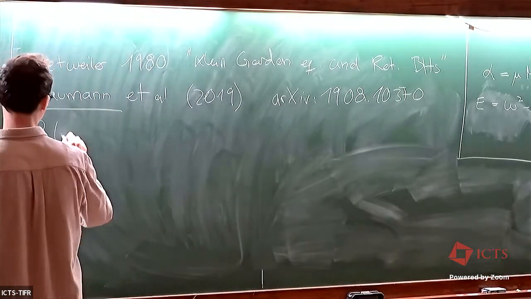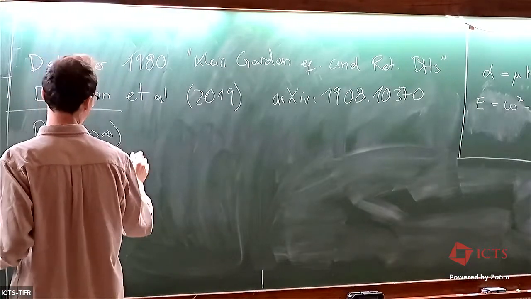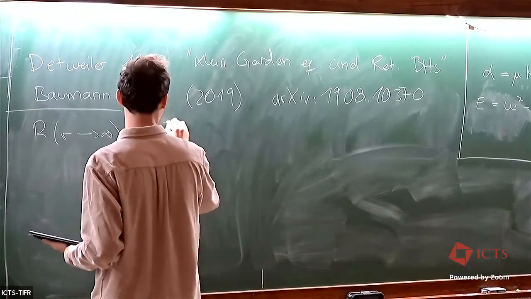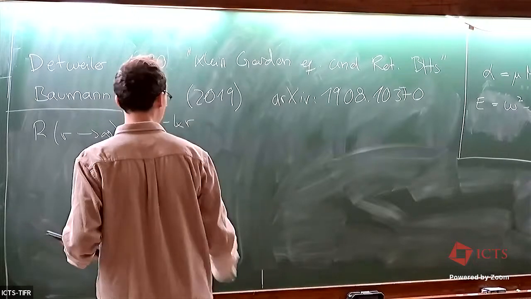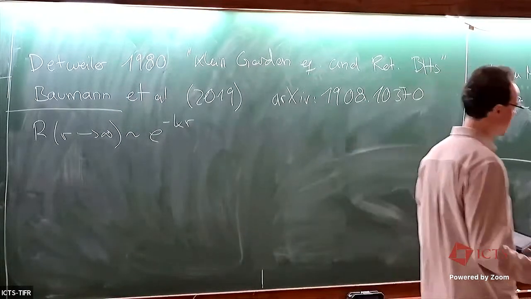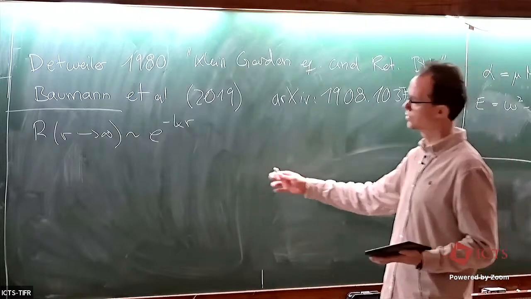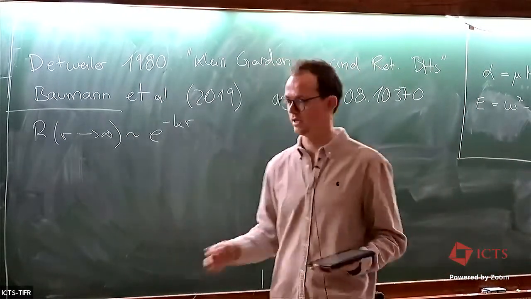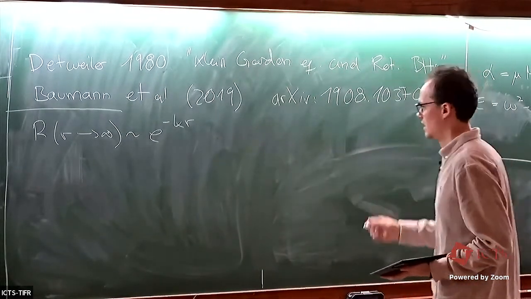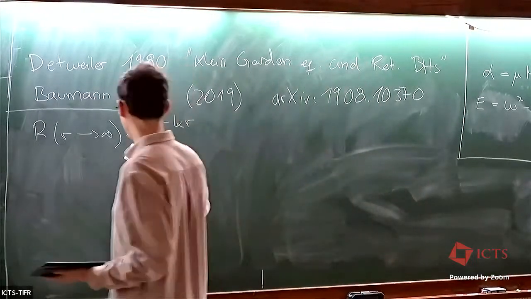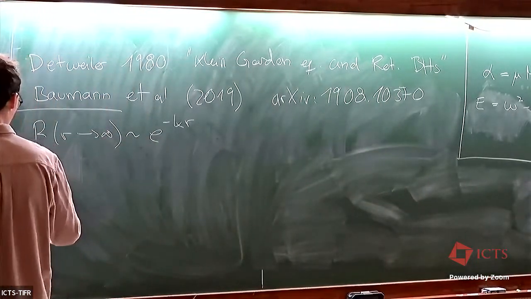So at infinity, we're interested in those solutions that decay exponentially. At large distances, we already solved the problem, and we know that the solution we're interested in decays exponentially. Of course, there's also an exponentially growing solution, but we just declare that unphysical and ignore it. So we want the solution at large distances to decay exponentially. And now at the horizon,